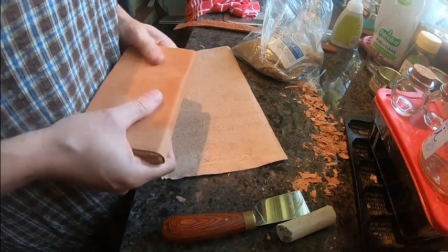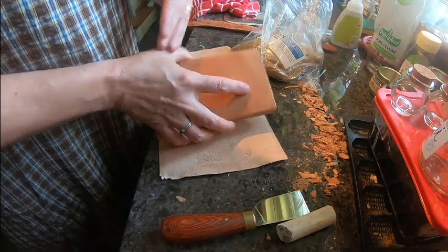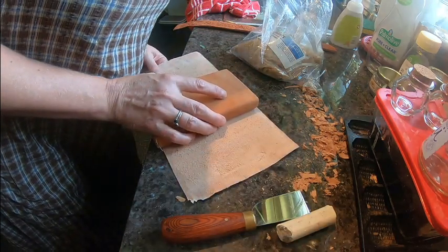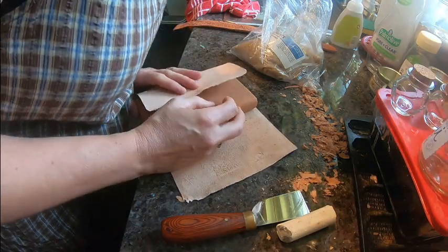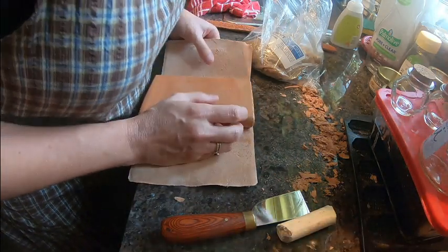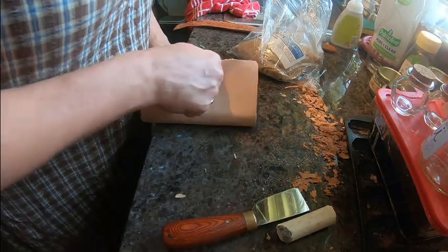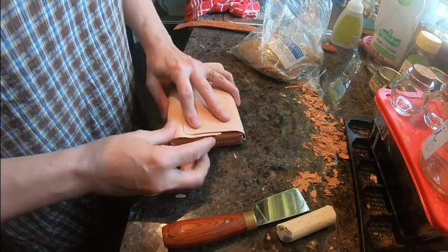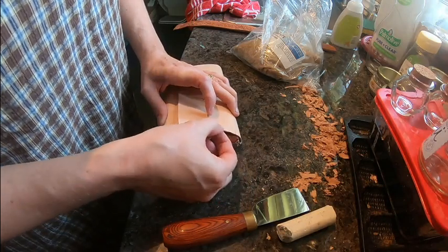But for now, I'm going to do the skeeved edge on a different area other than this part, just because it looks better. And also, I want to make sure that the skeeved edge comes up as high as where this edge is, because I don't really want that stitching to be quite so obvious. It's going to be obvious, you can't really not have that. But what I will do is go like this, and when I'm done, I can easily trim this down just a little bit. I'm seeing that my leather's a little thick right here,